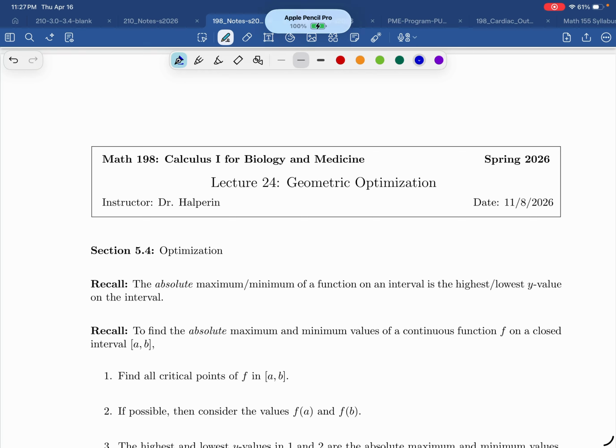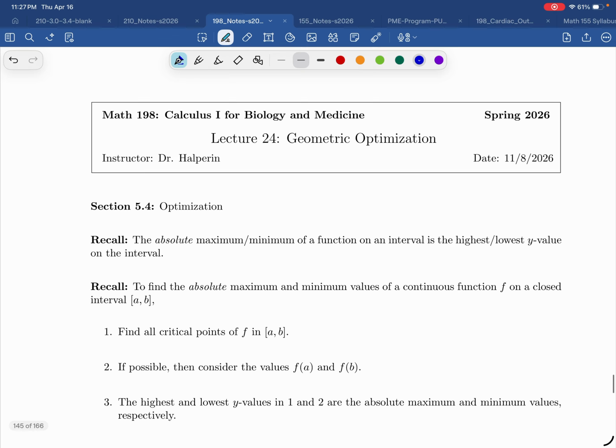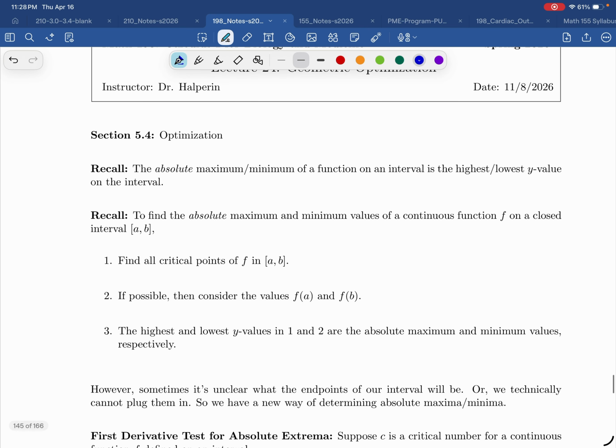We're in section 5.4, optimization. Here we're going to apply what we learned about local and absolute maxes and mins and apply them to situations where we want to find a value of x that optimizes a function, meaning that we maximize or minimize the function. Now, although we're often finding the absolute maxes and mins, and so here's a quick refresher for how to do that,